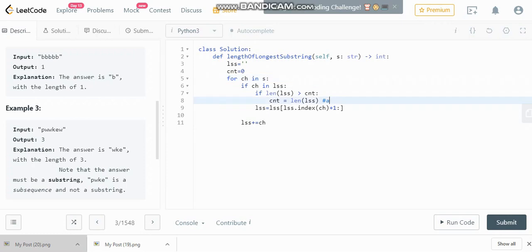To handle that, we need to write this part of code again outside the for loop as well, so it will check outside the for loop once.